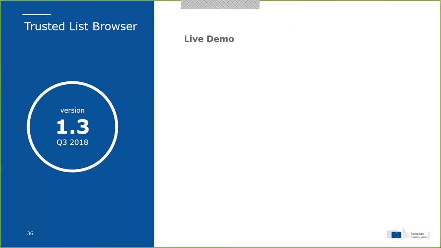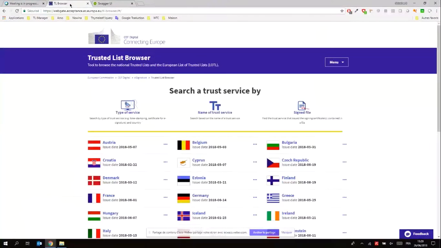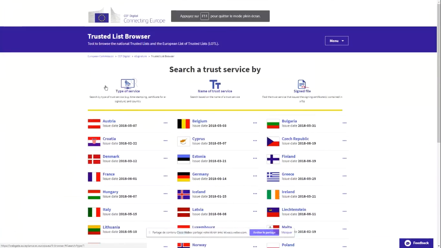I will hand over to the PC of Simon. Okay, so this will be a demo of TL Browser. As I showed you for TL Manager, new features were presented through screenshots.